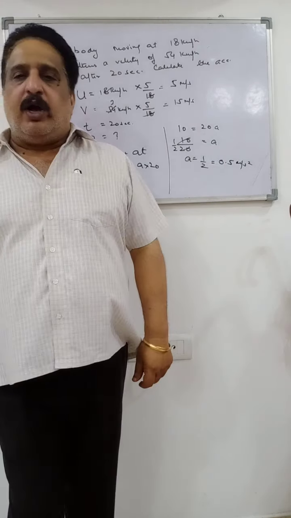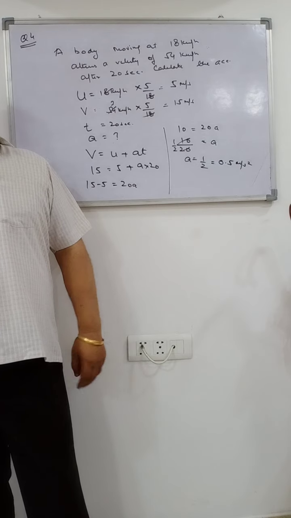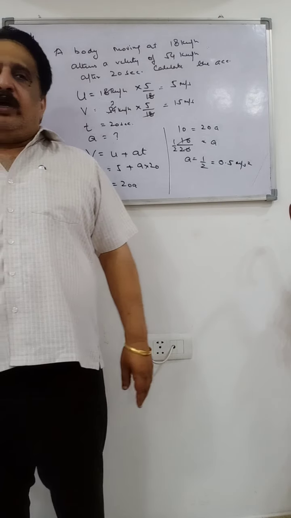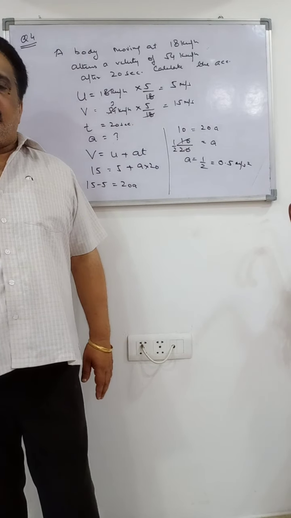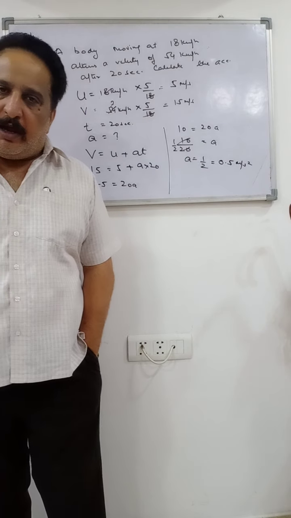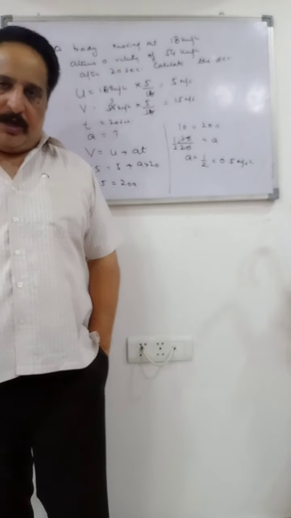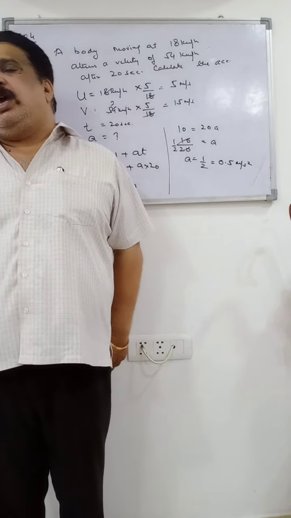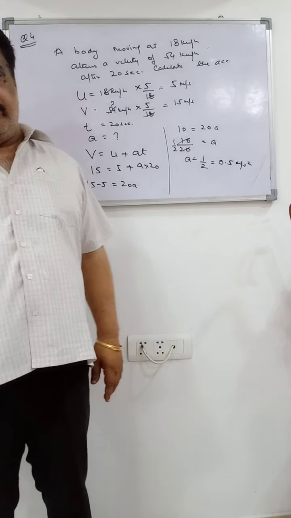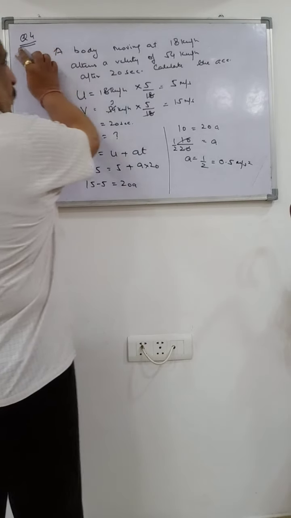Now have you understood how to change kilometer per hour into meter per second? By multiplying by 5 by 18. अगर कोई टाइम मिनट्स में होता या आवर्स में होता तो उसको भी आप सेकंड में चेंज करते. टाइम इन आवर्स अगर दिया होगा तो उसको 3600 से मल्टीप्लाई करेंगे. अगर मिनट्स में दिया होगा तो उसे 60 से मल्टीप्लाई करके सेकंड में चेंज करेंगे. और अगर वेलोसिटीज दी होंगी तो आपको मैंने बताया 5 by 18 से मल्टीप्लाई करके किलोमीटर पर आवर को मीटर पर सेकंड में चेंज करेंगे. इज दैट क्लियर? सो दिस वाज द नेक्स्ट क्वेश्चन. ठीक है.